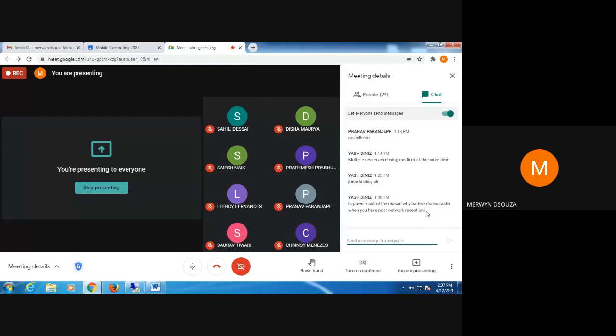Yeah, it could be one of the reasons, and also your mobile is always trying to connect to the network, constantly searching for a network connection. That also could be one of the reasons, wherein it keeps trying to connect and detect. They keep sending. They always try to maintain a connection.